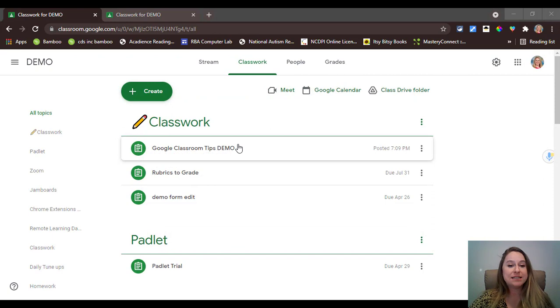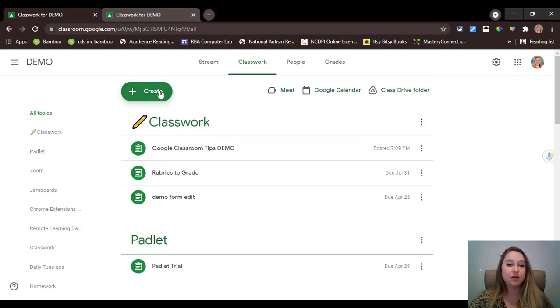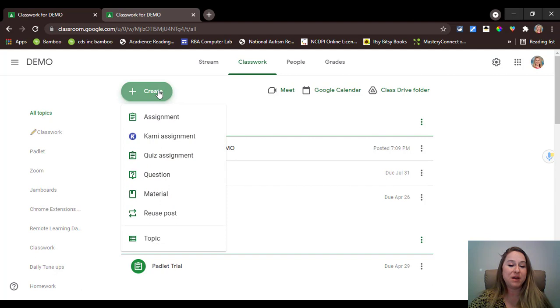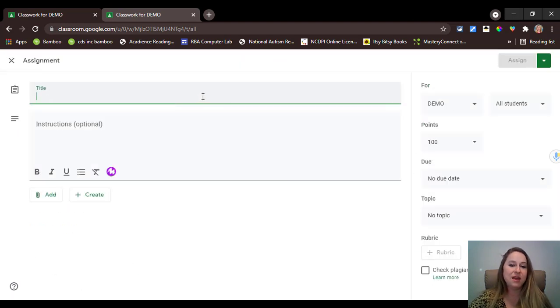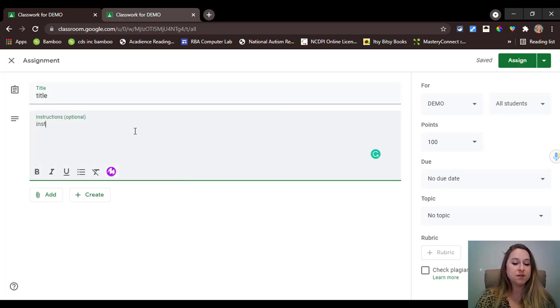For your Try It today, you're going to be creating a practice assignment in Google Classroom. Don't worry, we're not going to post it, so you'll be able to delete it once you're done. To create the assignment, click the + Create button at the top. Choose Assignment from the drop-down menu and give it a title. Add some instructions, and then you can add an attachment if you wish, but for our practice purposes,